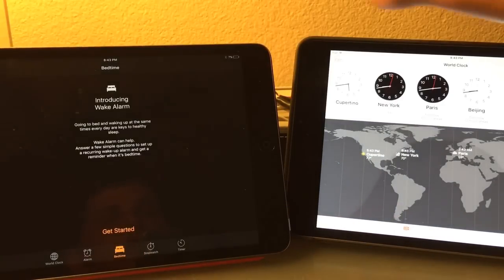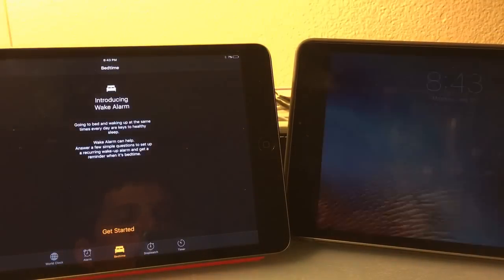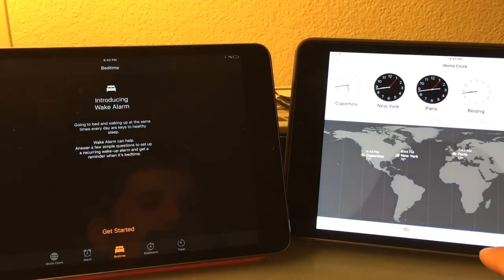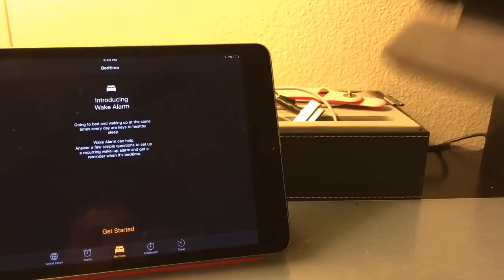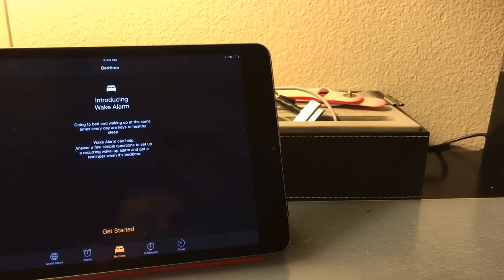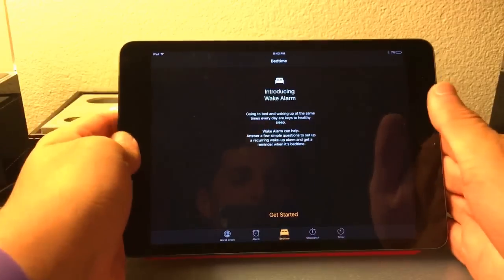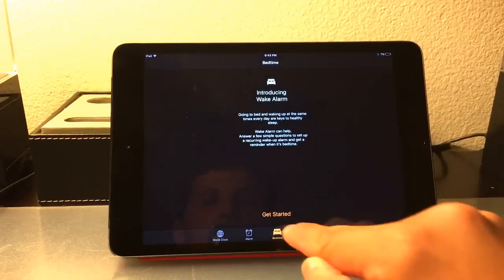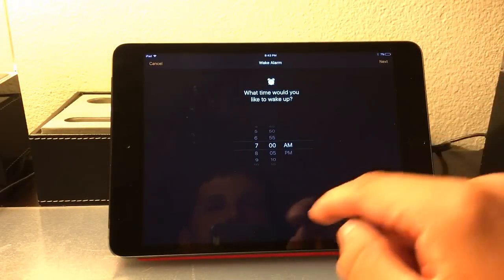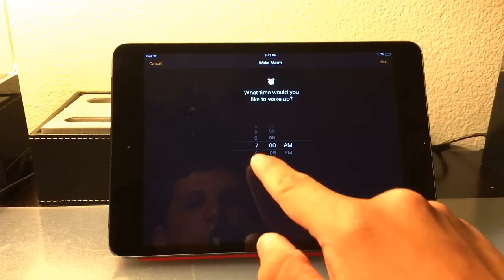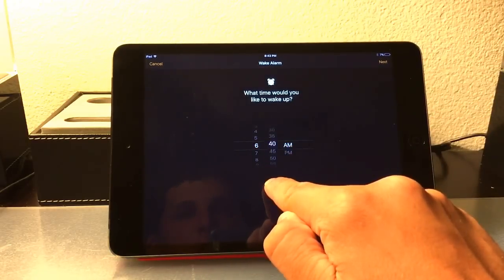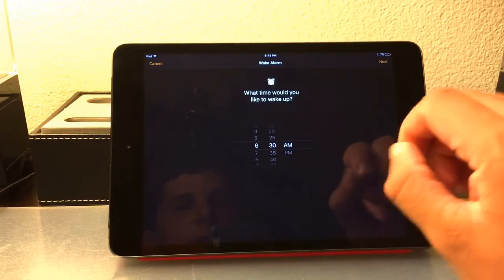But a new feature, and I haven't checked this out yet, but it's not here on iOS 9. I just looked through. There's only 4 toggles. Now there's a new bedtime mode, and this is actually really intriguing me. So what it does when you go into this new bedtime mode is you hit get started here, and it says what time would you like to wake up. So let's say that I would like to wake up, since I'm going to have to wake up early in the morning, let's say about 6:30,